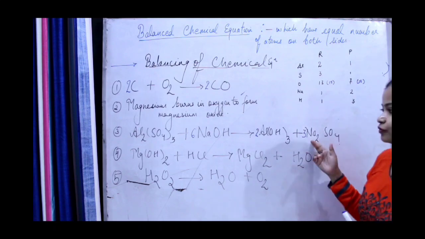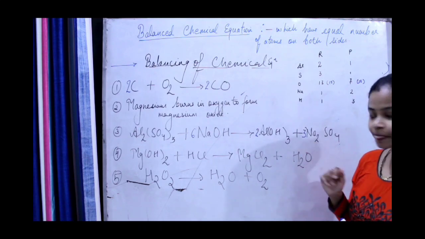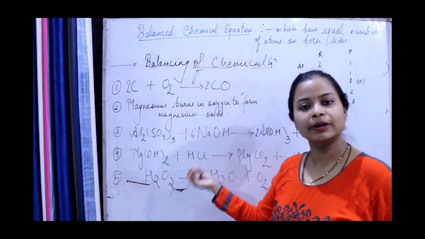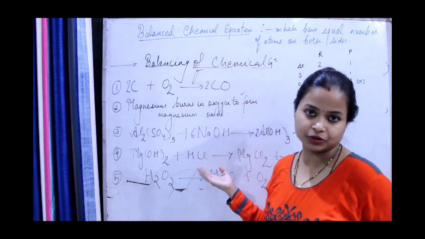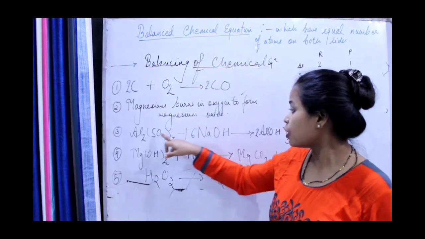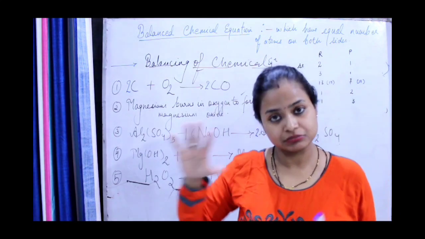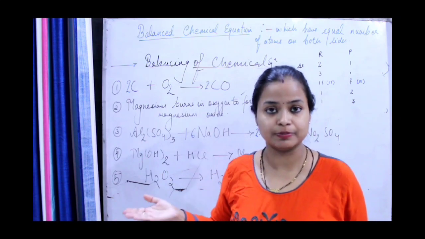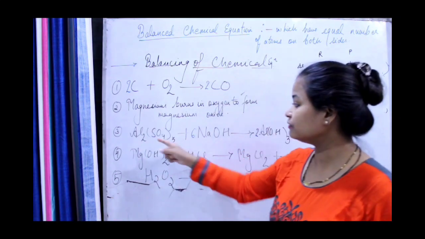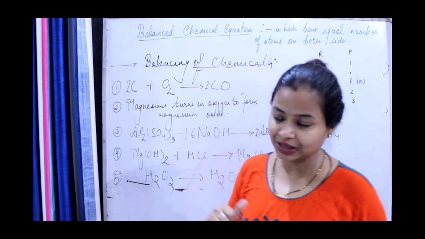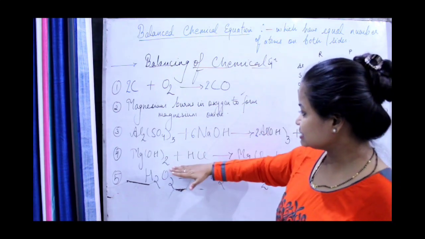Is it clear to all of you how it is being done? Okay. So you have to go step by step and automatically slowly, this is hit and trial method, automatically the thing will be balanced. Oxygen was an odd number, that's why I kept it for balancing it at the last. And you see, when I balanced the other things, automatically oxygen also got balanced. Fine. Now let us see the next one.